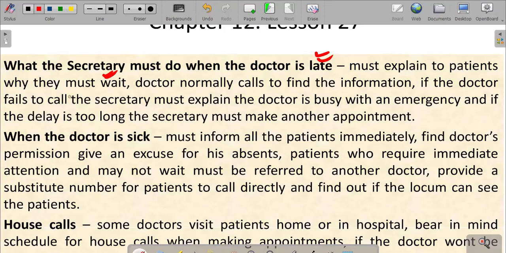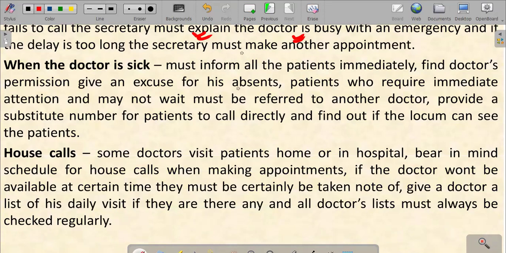If the doctor fails to call, the secretary must explain the doctor is busy with an emergency, and if the delay is too long, the secretary must make another appointment for that patient in order, or in a case where the doctor is late and therefore he's tied up on some emergencies, I need to let the patients away and then try to reschedule their appointments. When the doctor is sick,